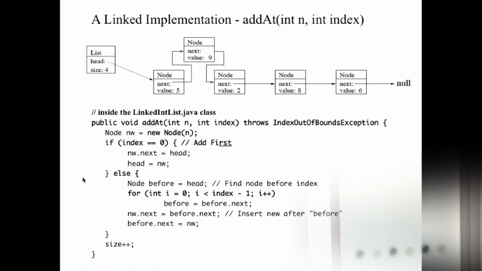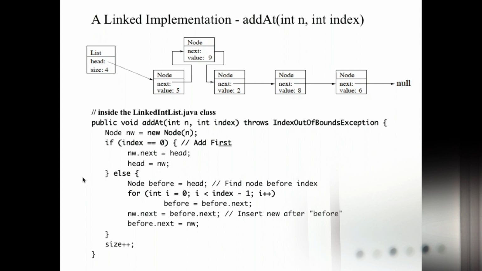Otherwise, you have to go to the element where you want to add using a loop, for integer i equal to 0, starting from index 0 until the position where you want to add a new element. And once you have found this before element, the order is very important, because before assigning this new element,